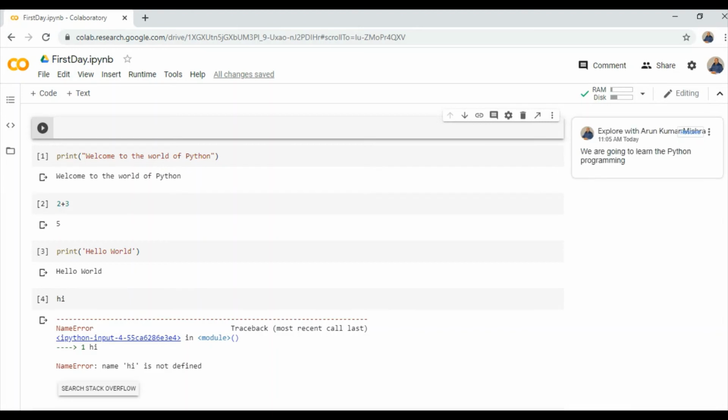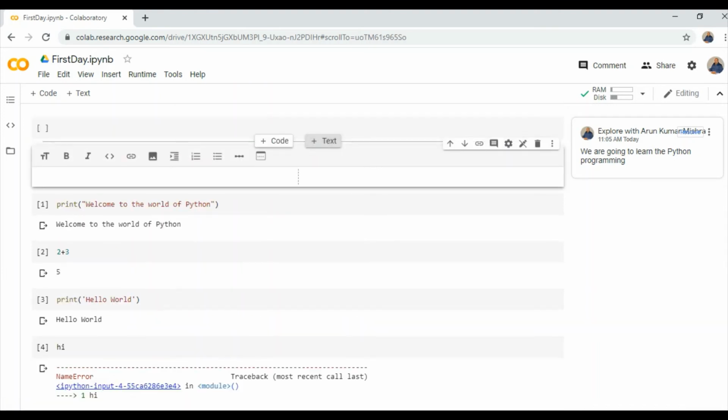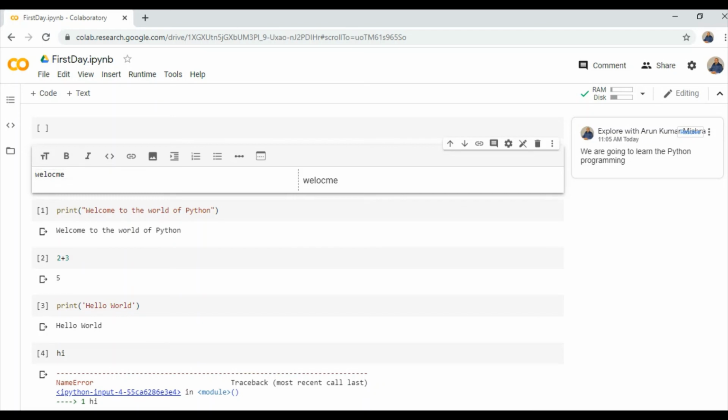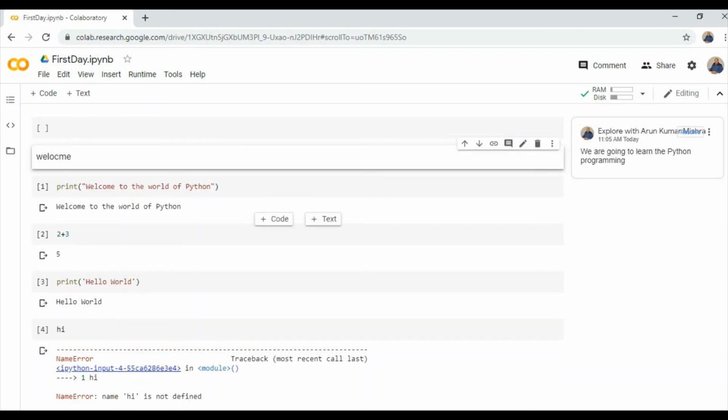Now suppose you want to enter some text. You have to click on plus text, and here you can see the markdown editor. You can write anything. Suppose you write one word here, you will be seeing the output on the second half in the cell, so you are seeing the outcome as well. Then close the markdown editor. This is used to close the editor, and you can easily see the text appearing here.